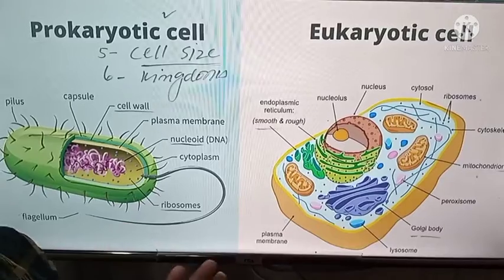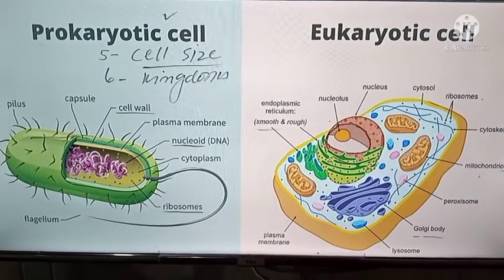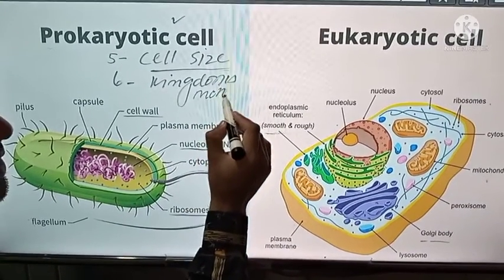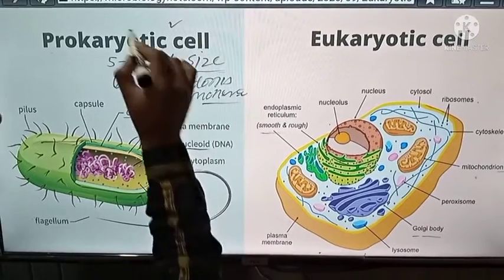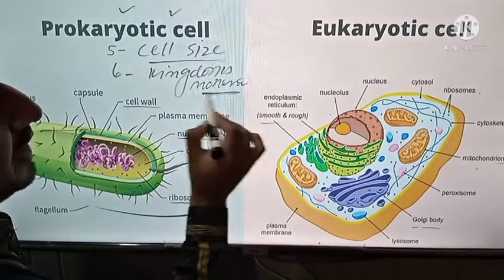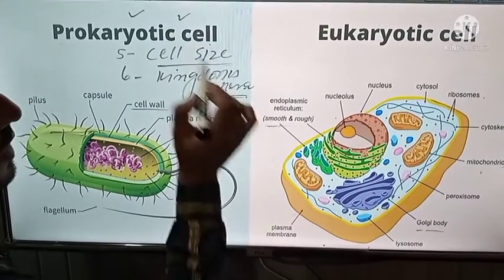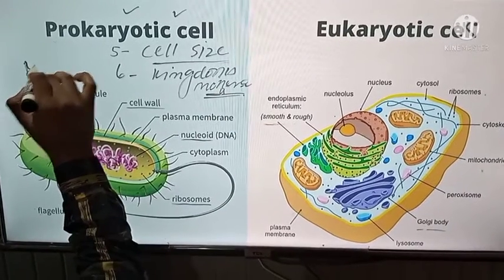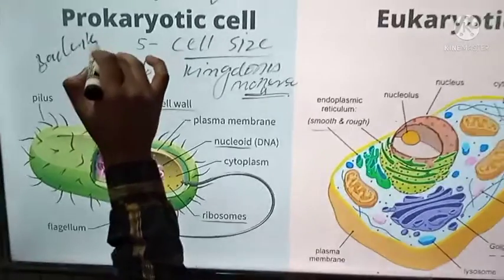According to the five kingdom system, only one kingdom, which is called Kingdom Monera, represents prokaryotes. Kingdom Monera represents prokaryotes, and in Kingdom Monera, bacteria and